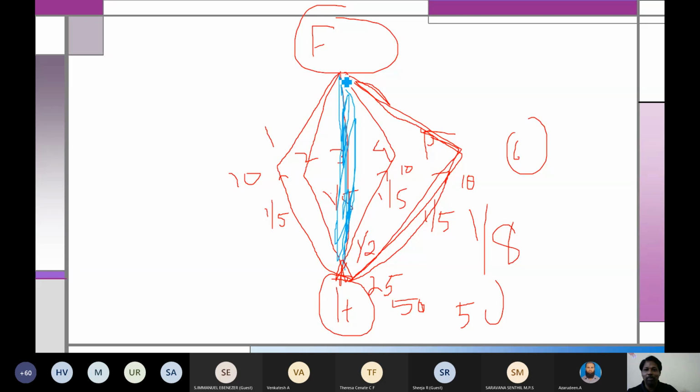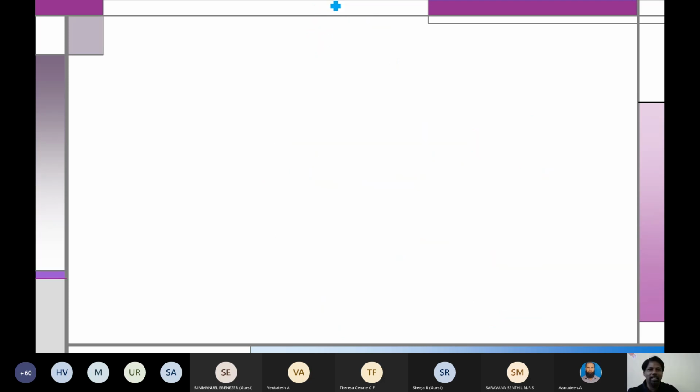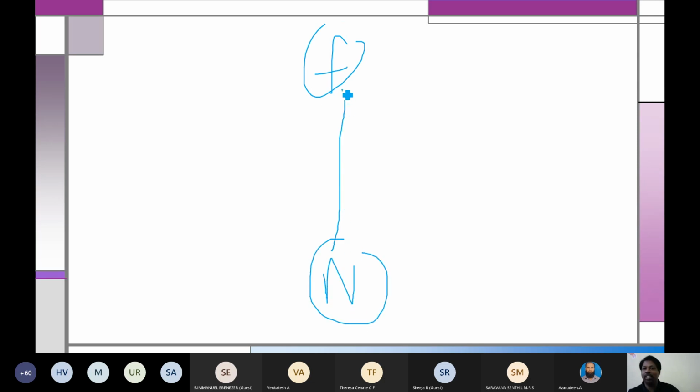After some time what will happen is that everything will get evaporated and path 5 will disappear. Likewise, after some time path 1 will disappear, that is the next largest path. After some time, what will happen is that I have a food source here and I have a nest here, and only the third path will remain.